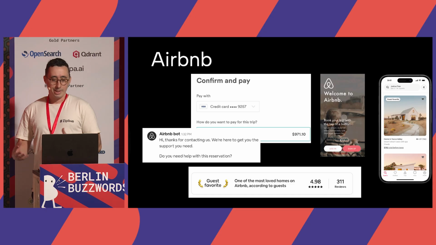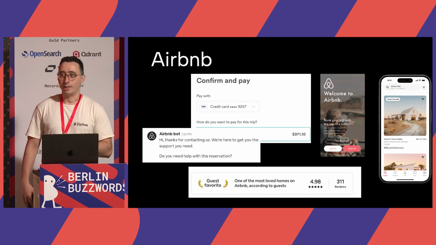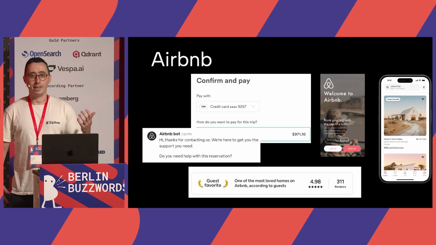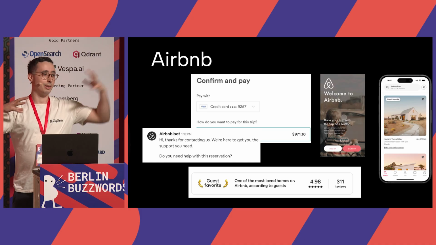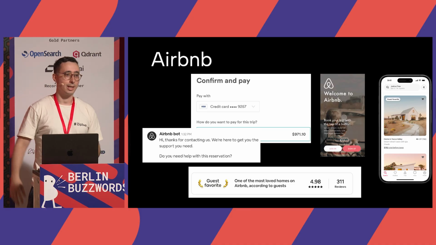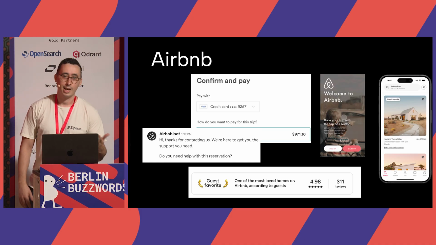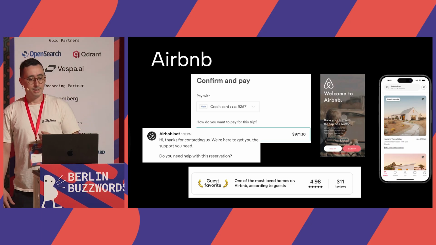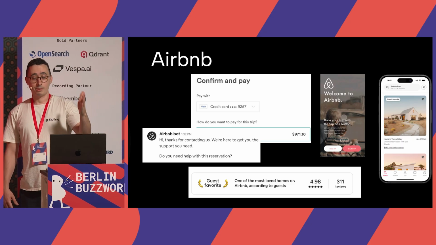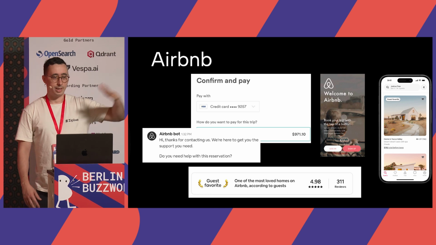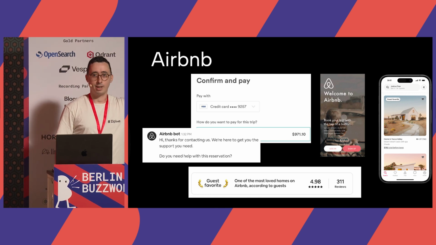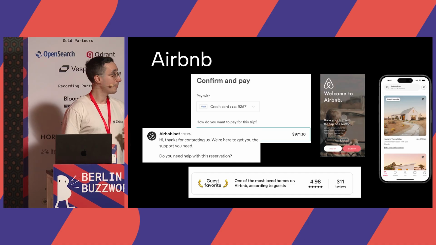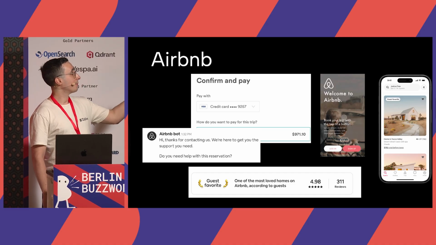When you think of Airbnb, it's obviously a travel company, but in a lot of ways, it's a traditional payments company where it takes payments from guests, pays out hosts across bank accounts, across borders at large volumes. And as a result, it has a lot of the fraud problems that more traditional payments companies face. So this team was struggling with all kinds of payments fraud vectors that was costing the company a lot of money. And the main thing that they came to us with was a need to be able